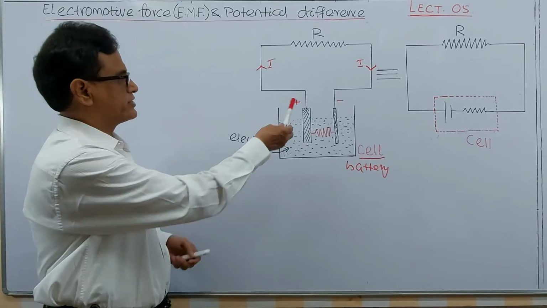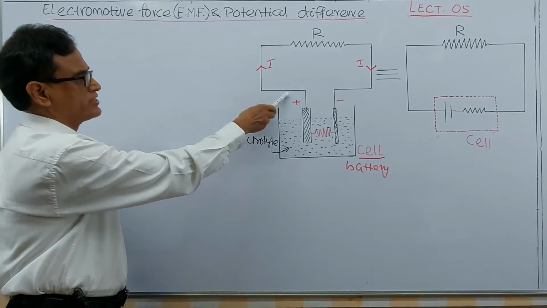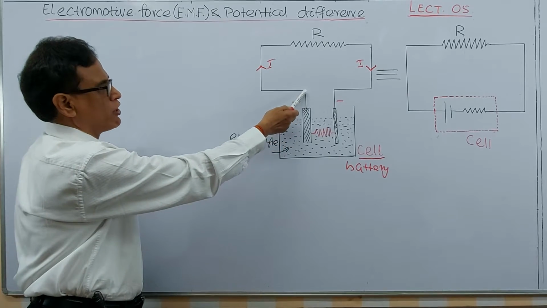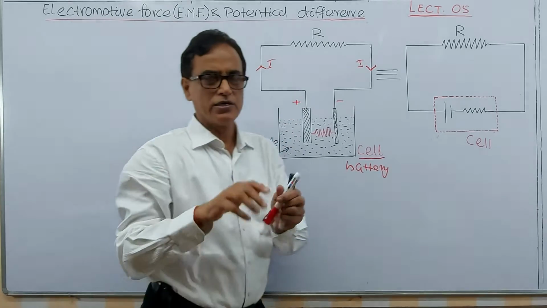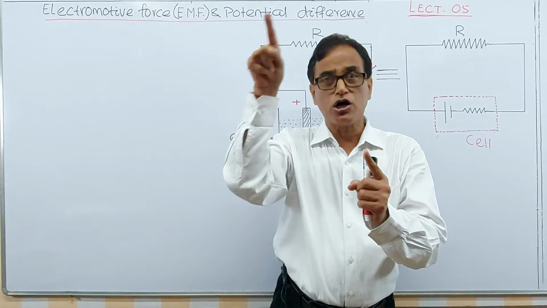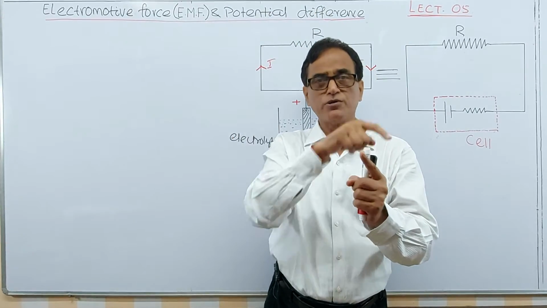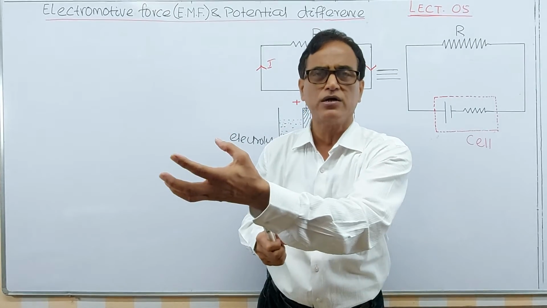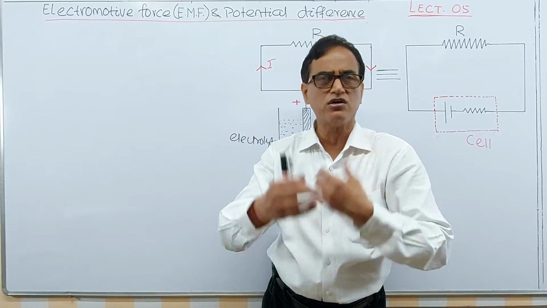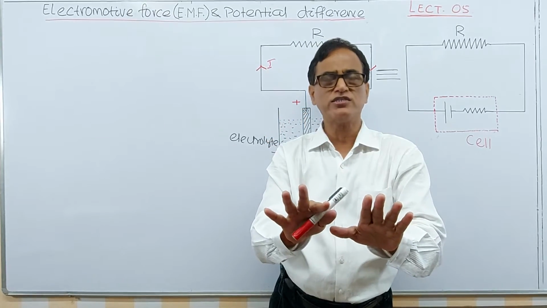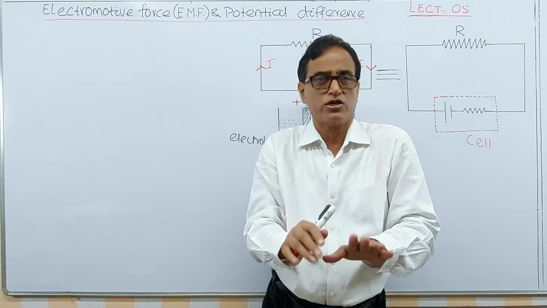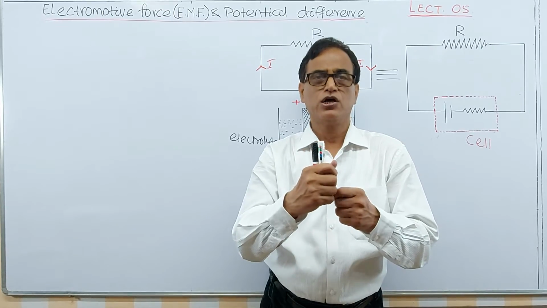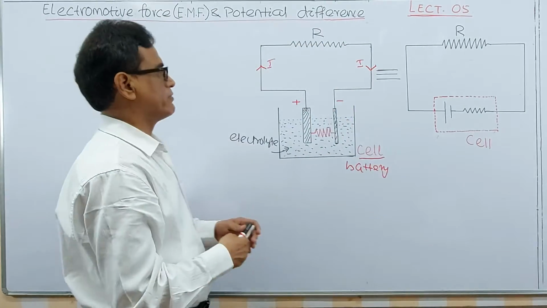Now if you see this diagram, the current flows. Current is something, there must be some continuity of flow of charge. You can never create some charge and allow it to flow inside a conductor. Charge is conserved, as per the conservation of charge in electrostatics. Total charge is conserved. You can manipulate it.